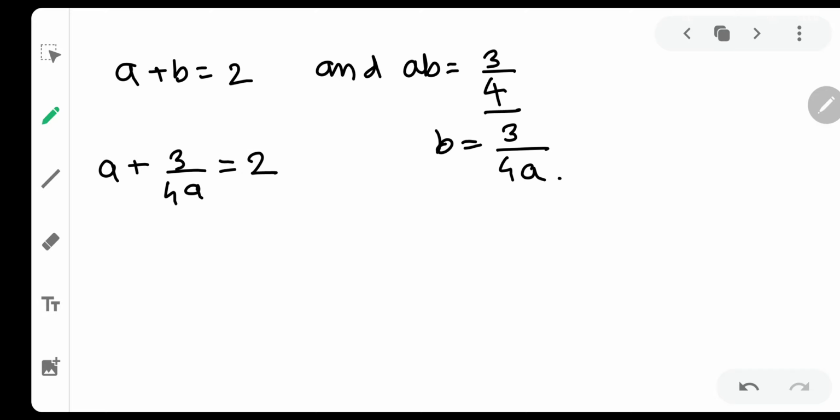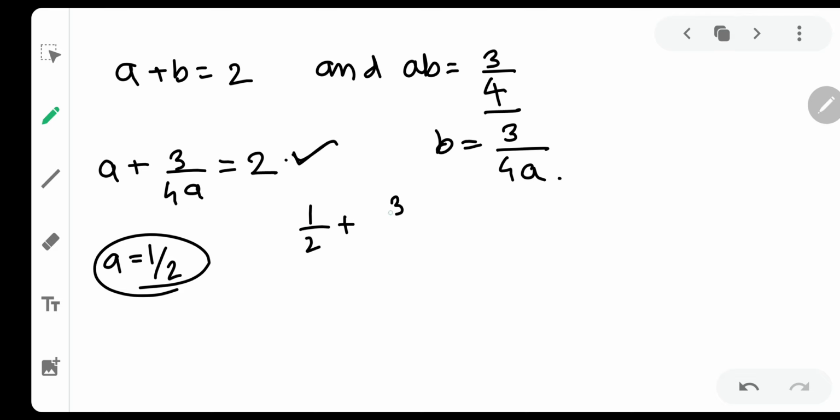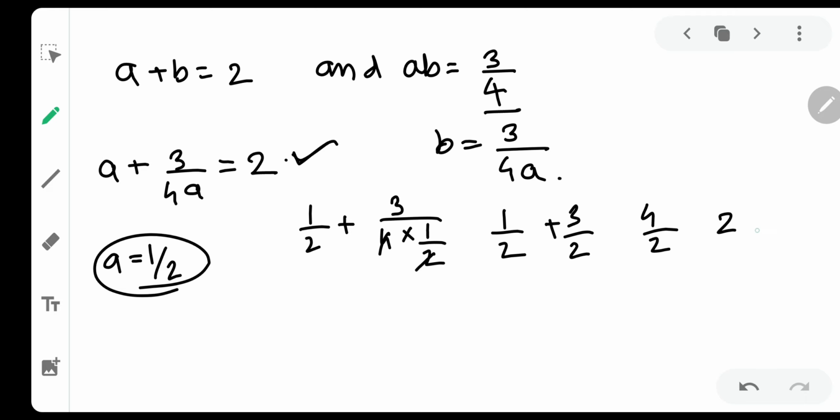Now this can be directly solved if we assume A as half. Okay, that is just by observation. You can also make a quadratic equation and solve. We have no problem with that, you will get it. But by skill preparation you can easily get A as half. Just put down A as half. See, you will get this satisfied. This will be half + 3 by 2. Half + 3 by 2 comes out to be 4 by 2, which is coming out to be 2. Hence A is equal to half is completely satisfying the solution.